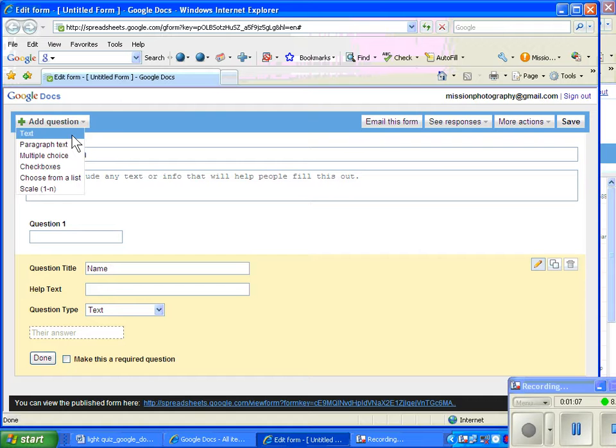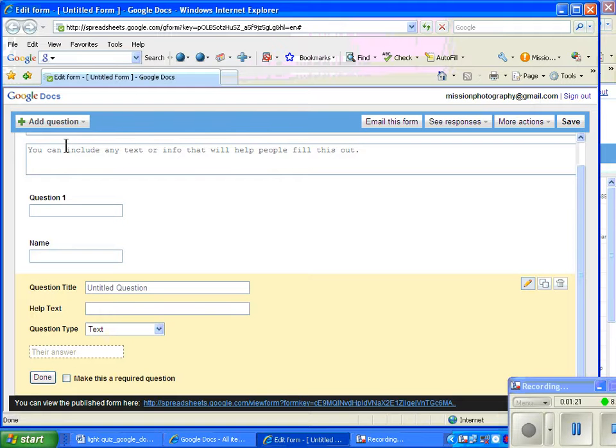Then you would go to add a question, and I want to do another text question. We have text question, paragraph text, multiple choice, check boxes, choose from a list, or scale. It's a number, a scale of 1 to 5. So I want to do another text question,